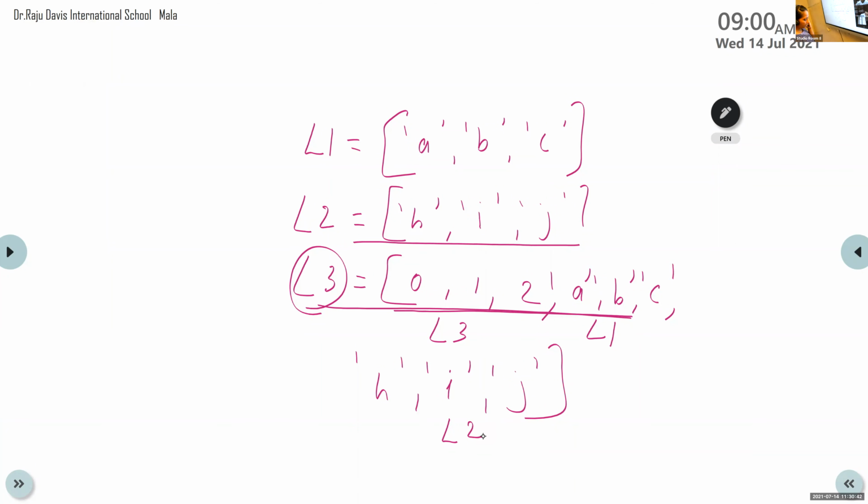Here the question is, write a program that adds list 2 and 3 to list 1. So we are using the insert function based on L1. We want to insert L2 and L3 in the correct order of L1.